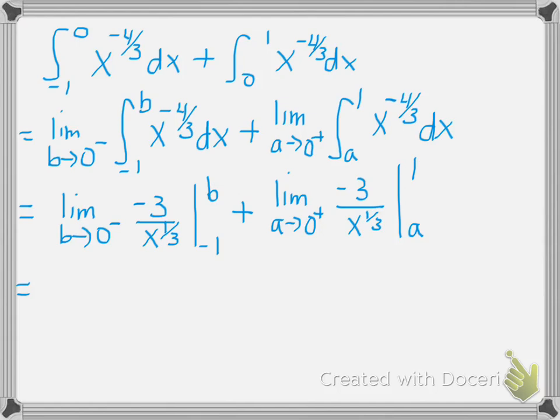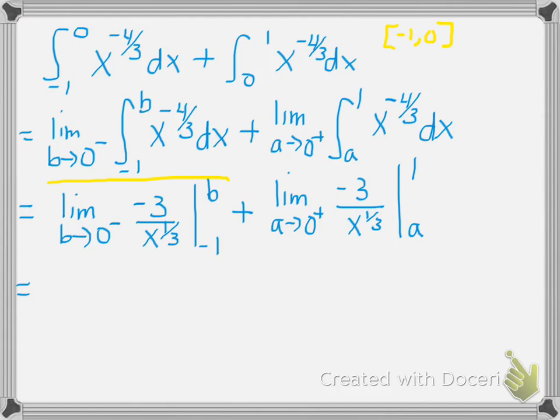And that equals the limit as b approaches 0 from the left. So notice from this side, we're looking from -1 to 0, right? So that's from -1 to 0, which means you're looking at 0 from the left. So you're looking at the negative values really, really close to 0. And then the limit as b approaches 0 from the left of the integral from -1 to b of x to the -4/3 dx,